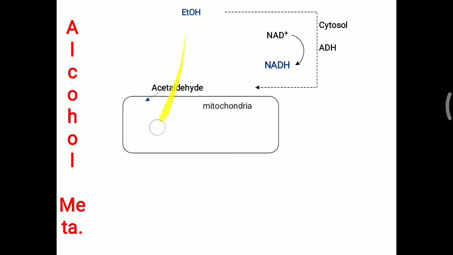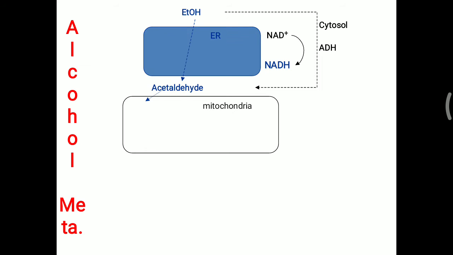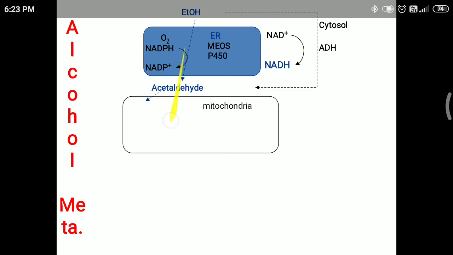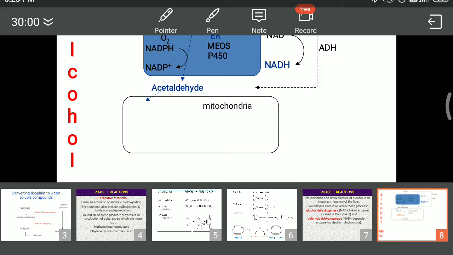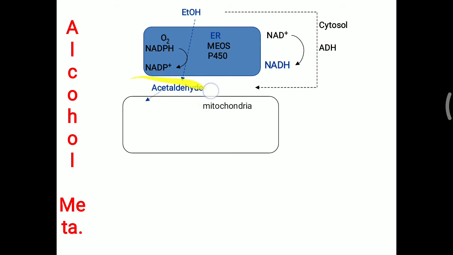But the same ethanol can be metabolized with another system, that is with the help of the endoplasmic reticulum, where the microsomal ethanol oxidizing system is present, which contains cytochrome P450. With the help of oxygen and NADPH, it also makes acetaldehyde. Up to that point, this acetaldehyde is okay, but then this acetaldehyde is converted into acetate or acetic acid with